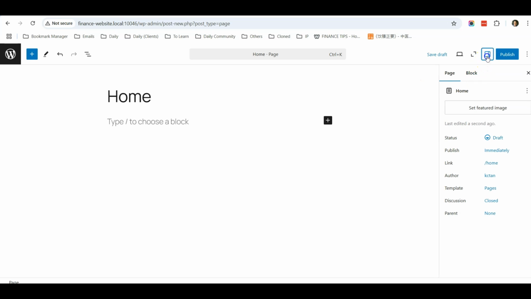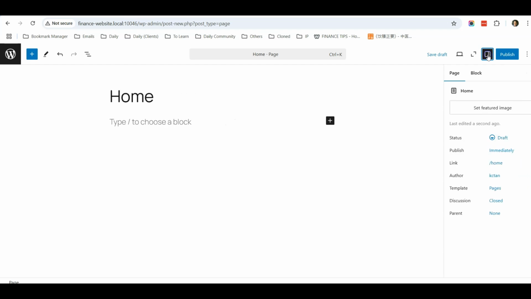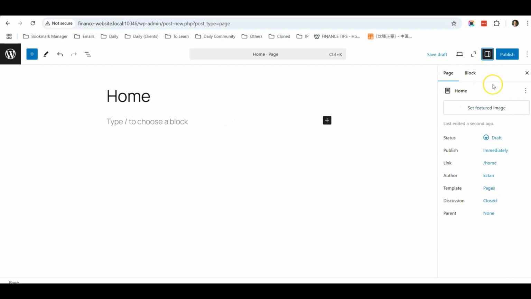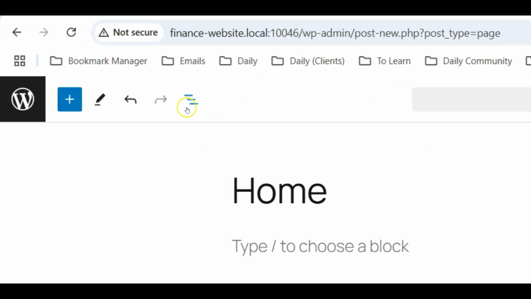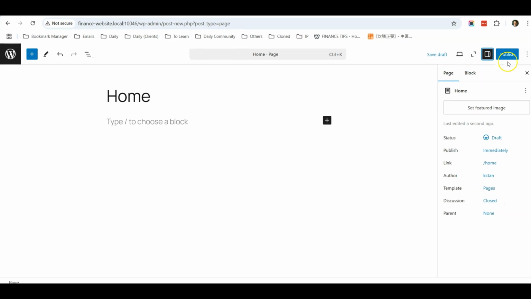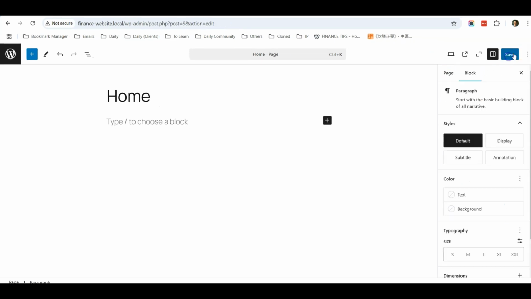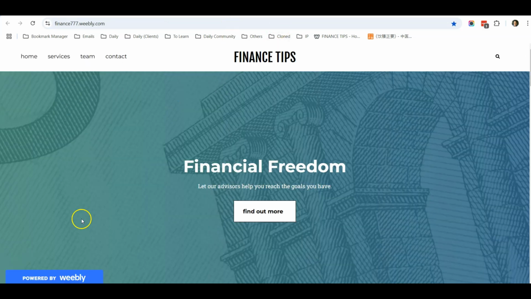On the right, you can see this is the settings panel. You can click this icon to enable or disable it. We will be using this settings icon very frequently. We will also be using this document overview over here frequently. So I can simply just publish this. Okay, so the page has been published. So now we want to upload our first